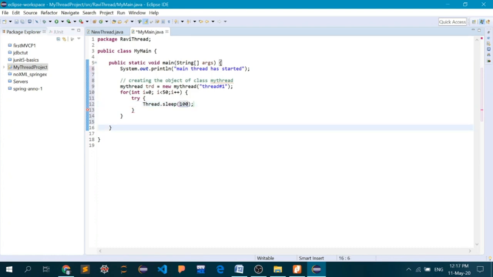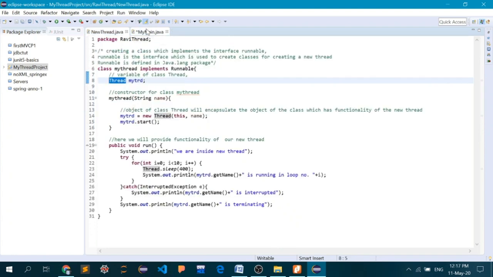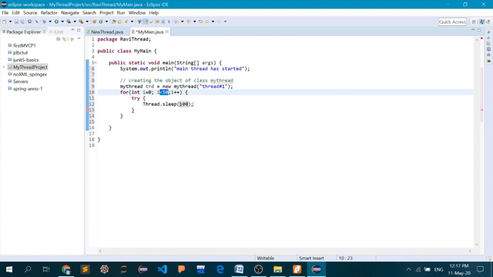So this thread will last for 100 multiplied by 50, that is 5000 milliseconds, and that is more than the 4000 milliseconds which the other thread is going to last. So the main thread is going to last for 5000 milliseconds, and your custom thread is going to last for 4000 milliseconds. So your main thread is going to terminate last, and this is actually what we wanted.